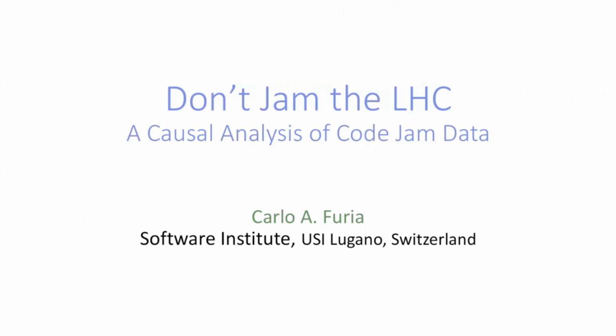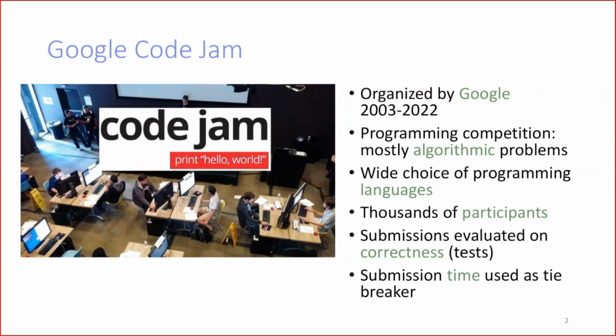And so in particular, I analyzed Google Code Jam data. Google Code Jam is a large programming competition that was organized by Google for 20 years. I think it was actually 19 years, because the last edition was in 2022, but they skipped 1 year because of COVID. So I think it was like 19 editions. I'm sure some of you have heard about it, or maybe they're familiar with it, and maybe they even competed in it. It's a worldwide competition organized by Google.